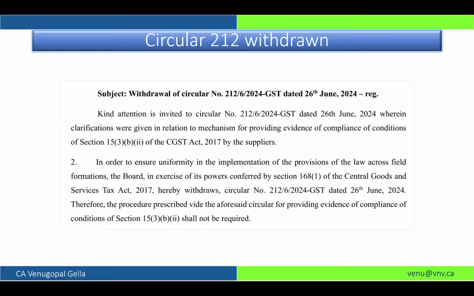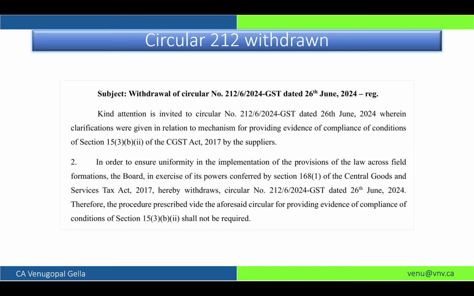Why did I reject? Rejections could be for two reasons. You are the supplier, I am the recipient. You raised an invoice for 1 lakh rupees, but while reporting in your GSTR-1, you showed 10,000 rupees by mistake. Mistakes can always happen. Now my credit of 18,000 shrank to 1,800. So I have rejected it and it goes back to you. Since you filed your GSTR-1, in your 1A you will amend, make it 1 lakh, restore it to 18,000, and send it back to me. I will accept it and get the credit.